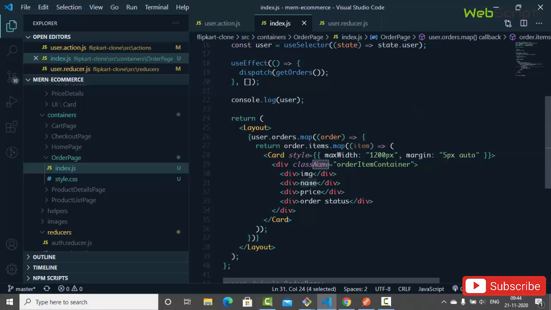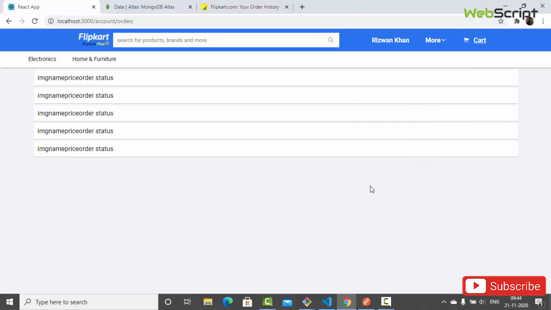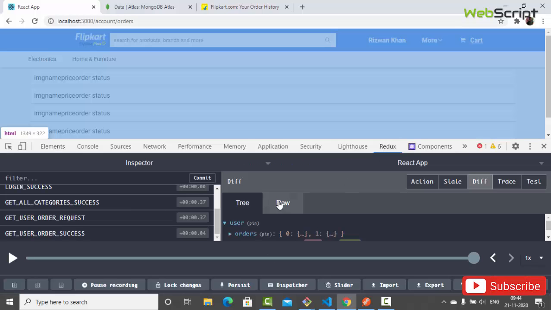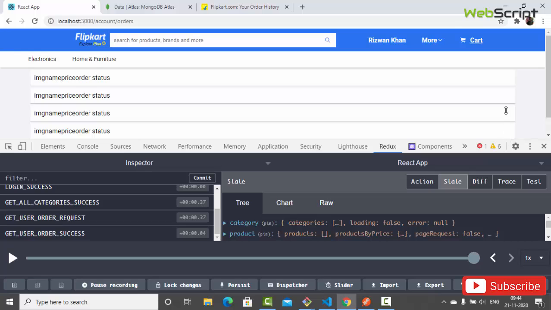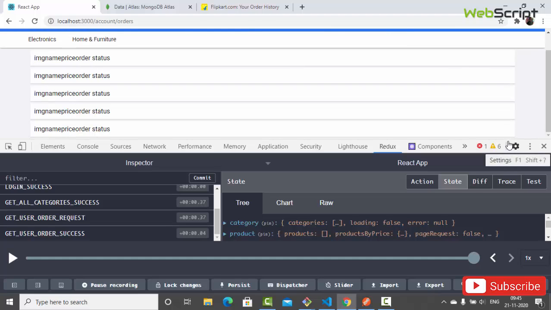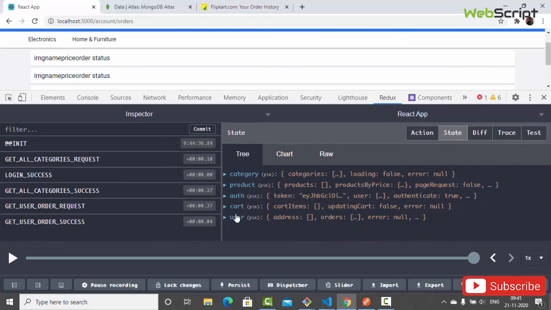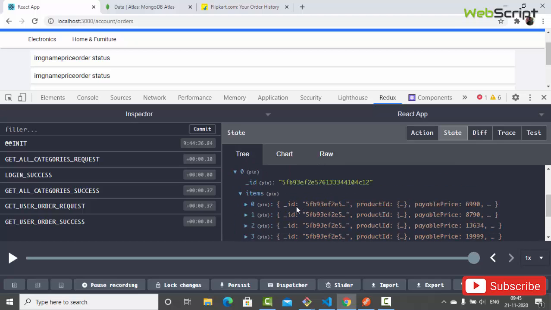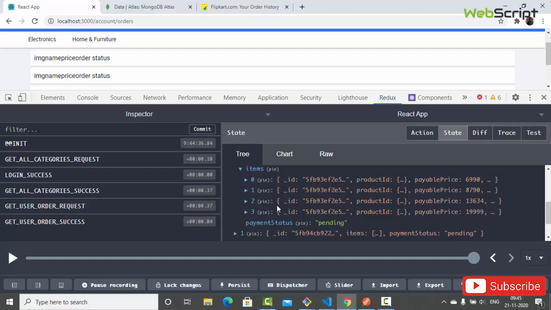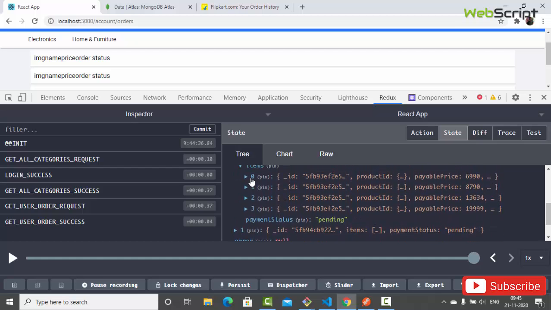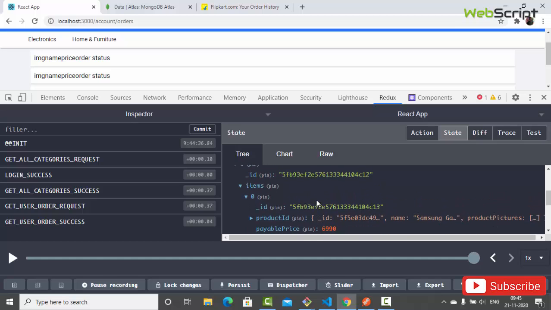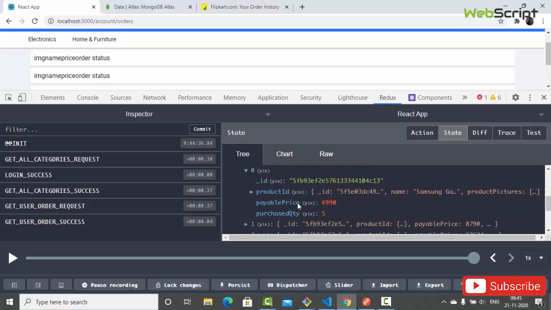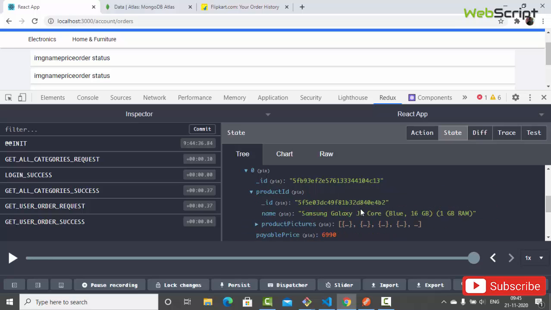So here we're gonna say, I don't actually remember it. So here it is Redux, and then state, and here we have this why. So let's open this user and then orders and then 0 first item. Then we have items. Payment status is pending, we can get from order.paymentStatus. And then we have item 0 order items dot product ID. So here we are going to say